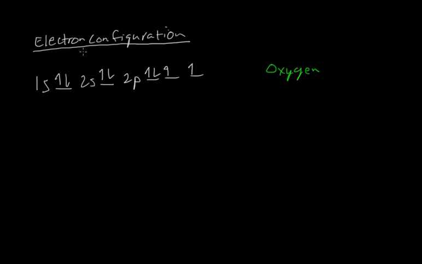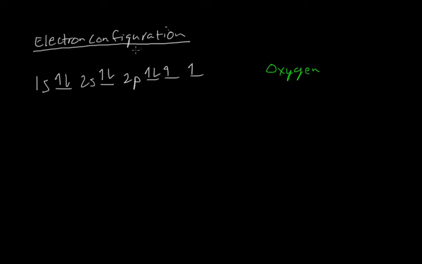Electron configuration makes your work a little bit easier. In electron configuration, instead of actually drawing in where the electrons are, all you do is put a number on the letter which represents the atomic orbital, and that will tell you how many electrons are in there. So for example, instead of writing this out, because this is the orbital filling diagram for oxygen,